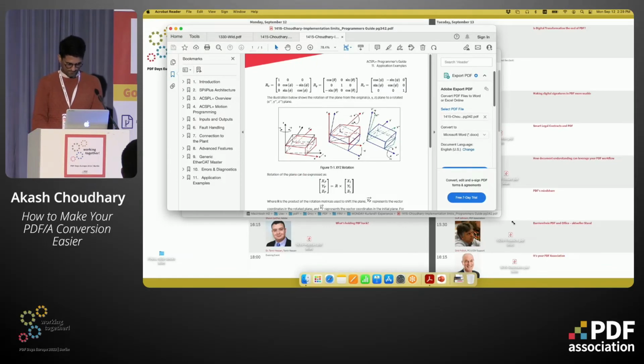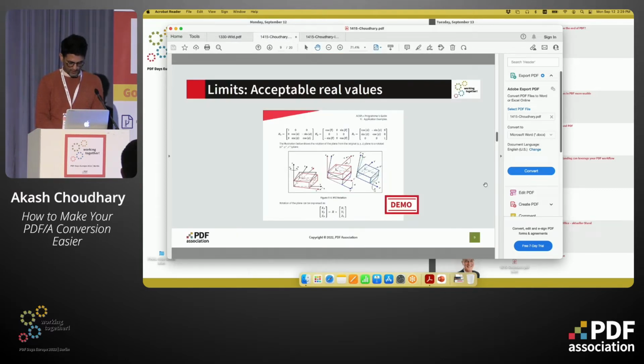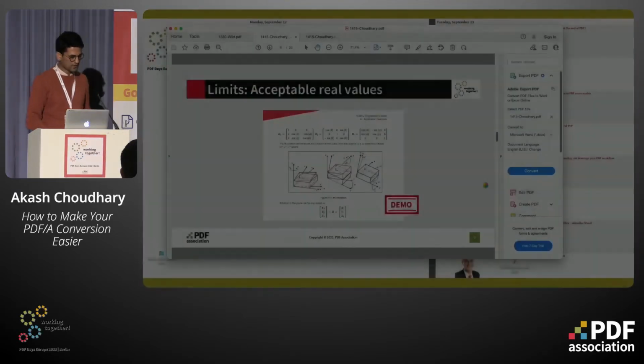Yes. Oh, I think I cannot because it's not a free version of Acrobat. All right, I'll simply just use. I also have as backup some images here. So